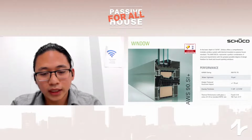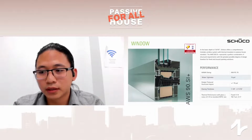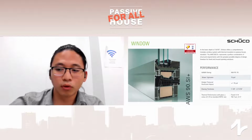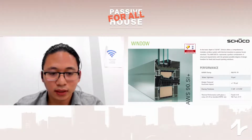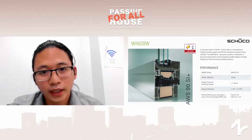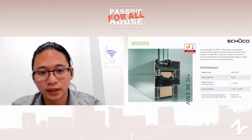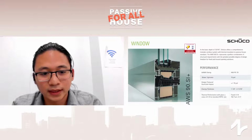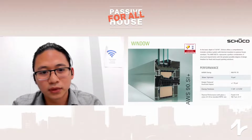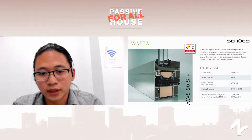Next up is we have our AWS 90 SI window. This is basically used on punched opening applications. This is our most robust window in terms of thermal performance. Now, the 90 in its name talks about the depth of the frame. So in having a 90 millimeter deep frame, we were able to add more robustness to the thermal break in the middle. So basically, we were able to add a lot more foam, a lot more EPDM gaskets, and basically just add a larger and more robust isobars. Now, this is a certified Passive House component, and it's basically our go-to product when it comes to Passive House